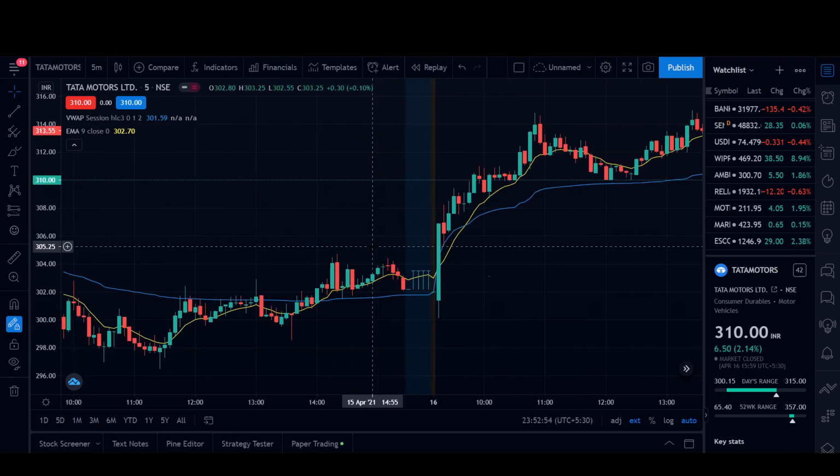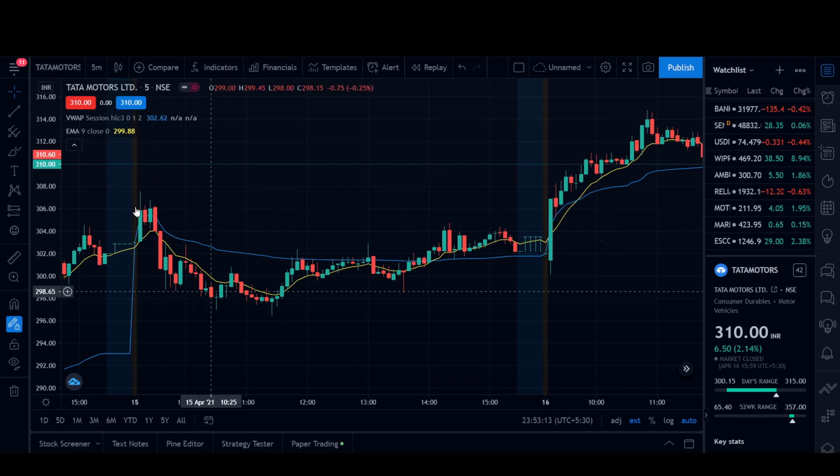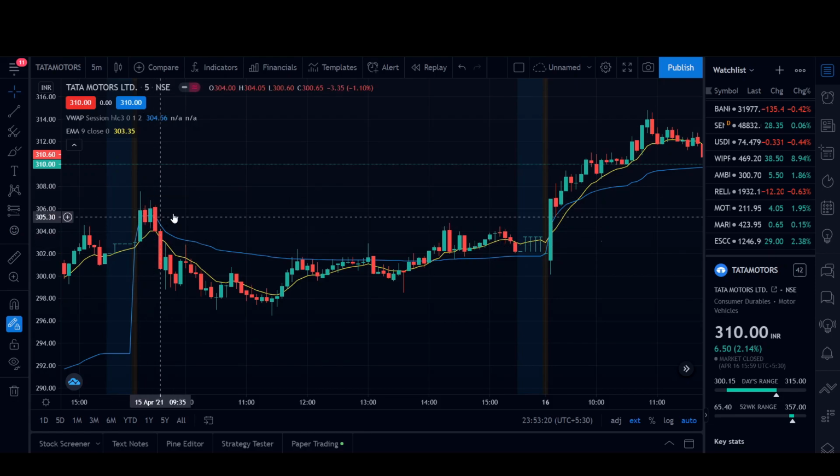As we can see right here, it has broken the VWAP but has gone completely south. Some people would have said, oh yes, it has broken the VWAP, enter. But it went down, hit your stop loss, and you would face a big loss. So as I said, wait for 3-4 candlesticks to form, get a proper confirmation, and then you enter the trade.